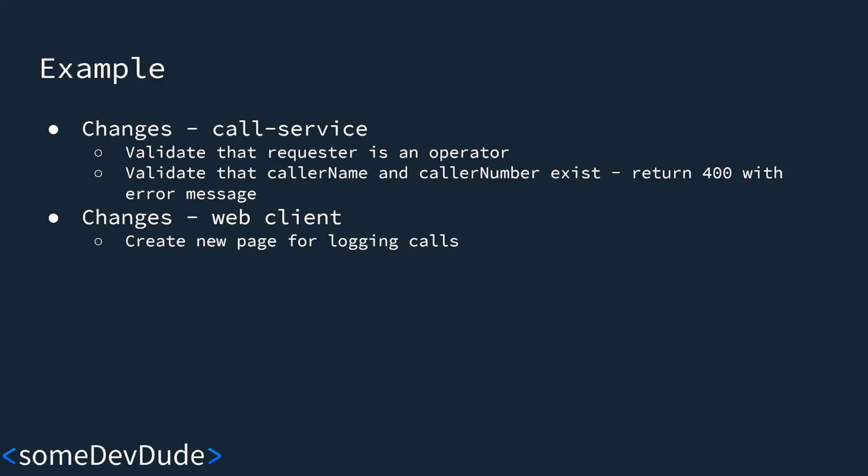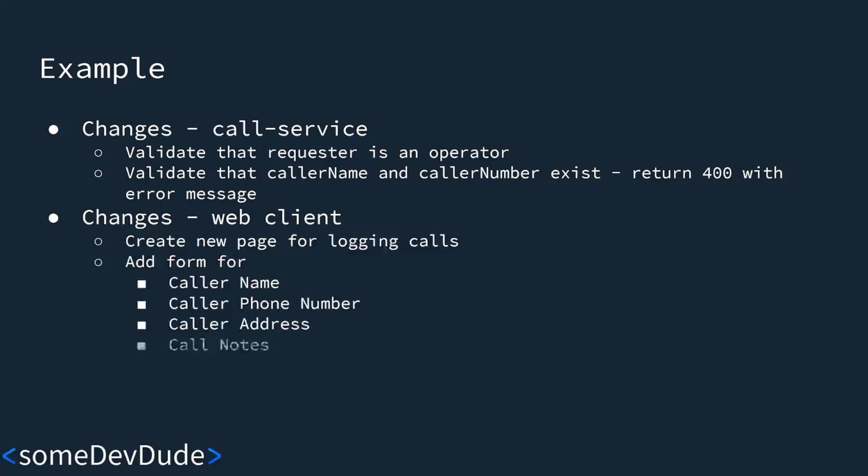And then I'd list the changes to the other thing I need to change, which is the web client. So I'd say I'm creating a new page, I'm creating a new web form, and I'm making sure that, again, I'm validating not only on the back end, but the front end. And in a security context, that's important because if you only validate on the front end, someone can modify your code in their web browser and bypass that. And the back end is important because it means that you're not allowing that to happen. And generally, if you validate in both, the errors get fed back to the user faster. They don't need to make a request that's going to fail.